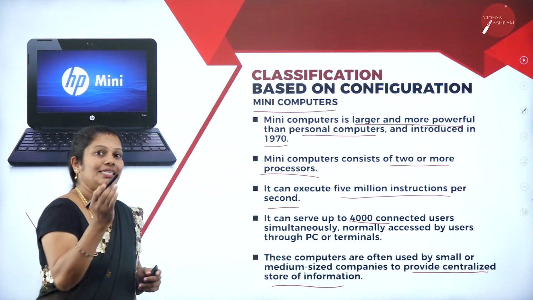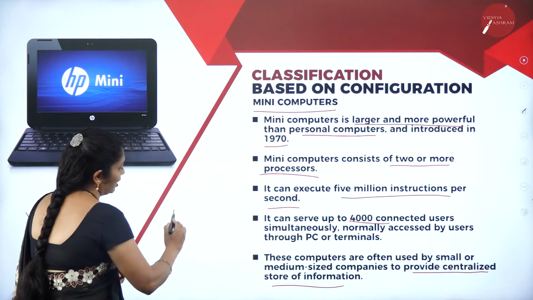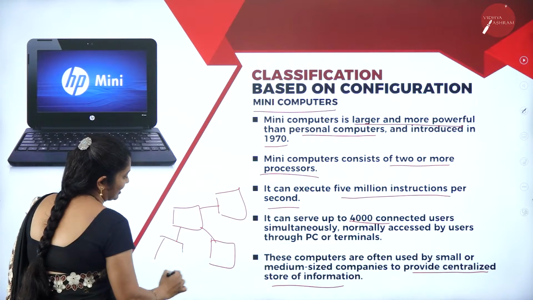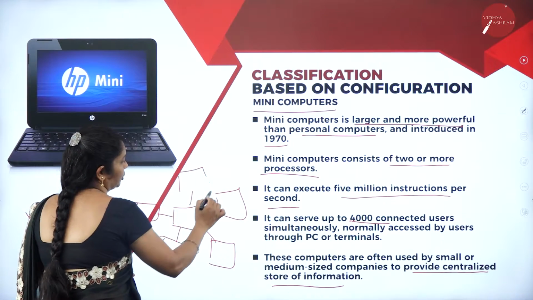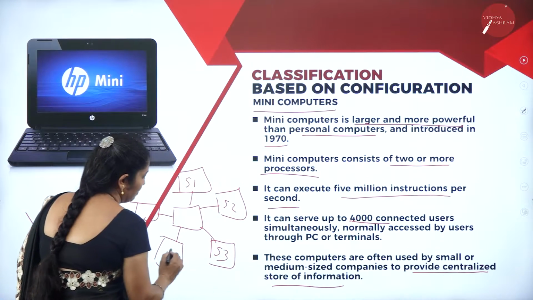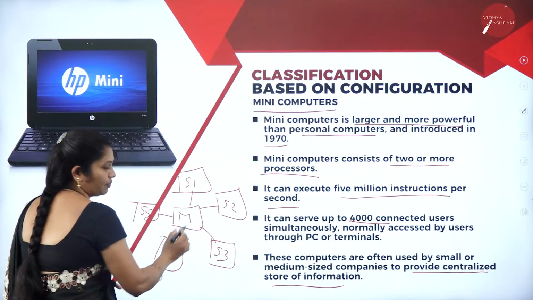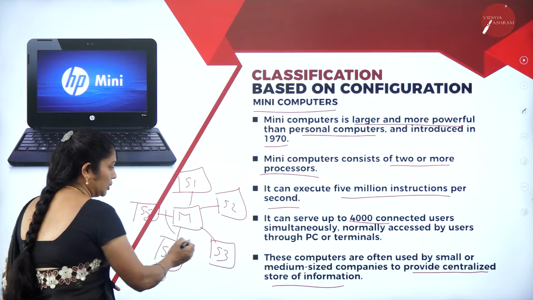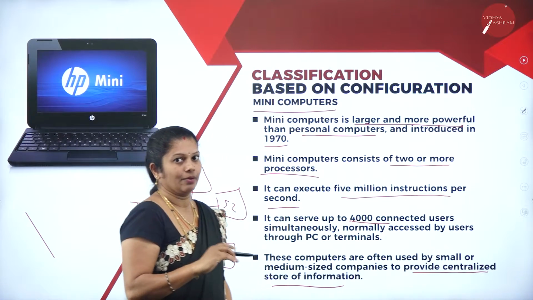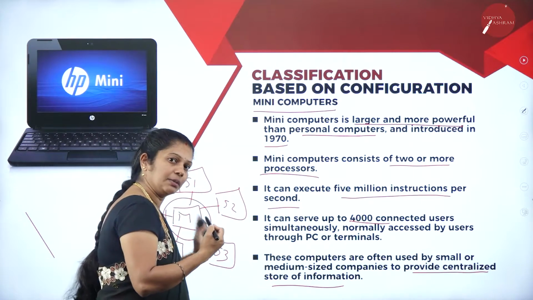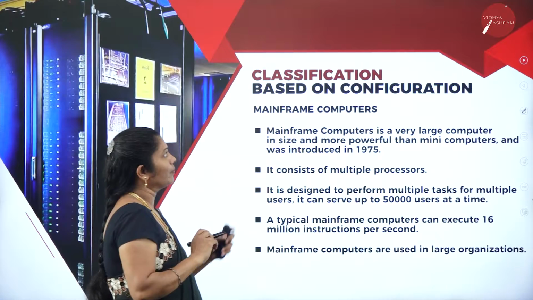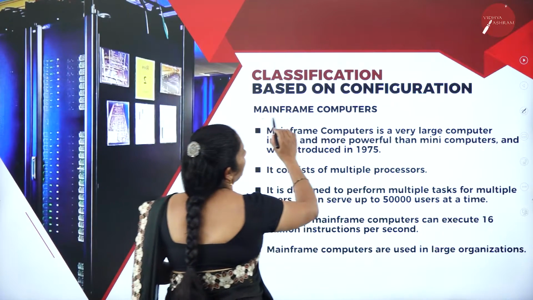What do you mean by centralized? Centralized means, consider we have one central system. All the subsystems are connected to that main system. For example, S1, S2, S3, S4, S5. This is the main system. Whatever transaction they want, they can do it with the help of the central system only. That is nothing but centralized processing. By this, I can connect multiple users and work in a centralized format.